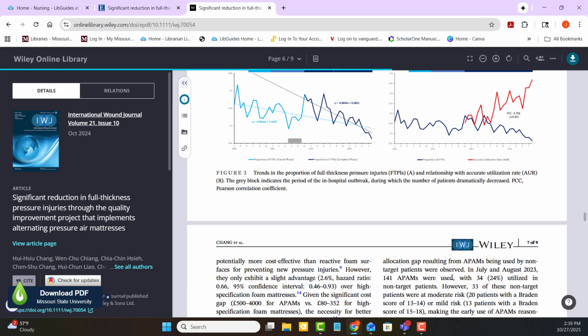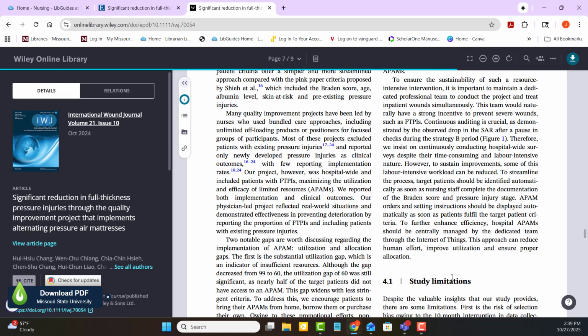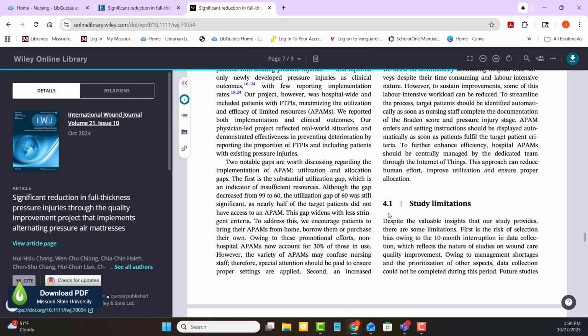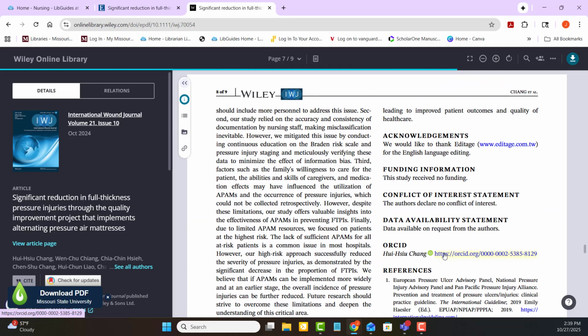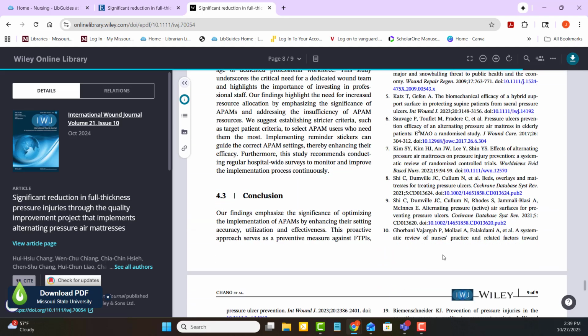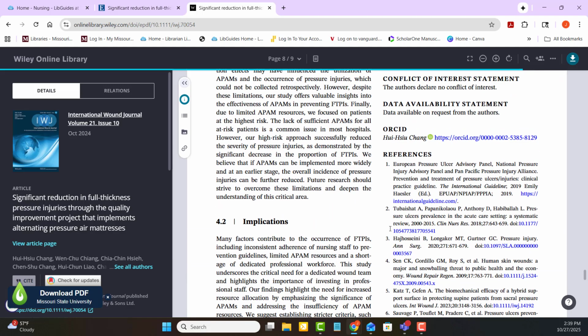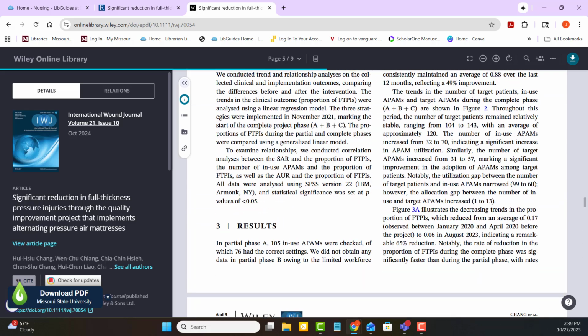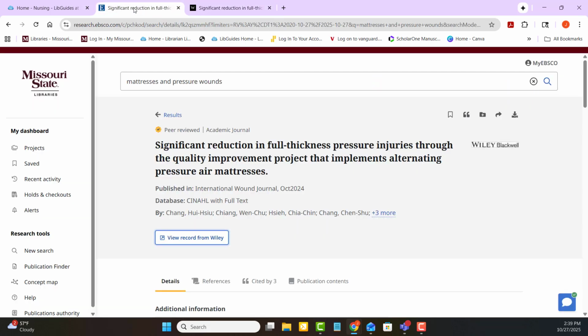And sometimes, especially in the discussion, they will mention maybe next steps or things that they would like to see happen, or if there were any gaps that they noticed. And then limitations. That can be also a good place to identify any gaps in the study and that further research is needed. So that is the breakdown of a scholarly article and the components in it. And so I hope that is helpful as you are working on your article critiquing. I'm going to go back to our results list,